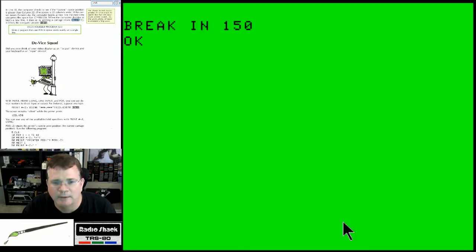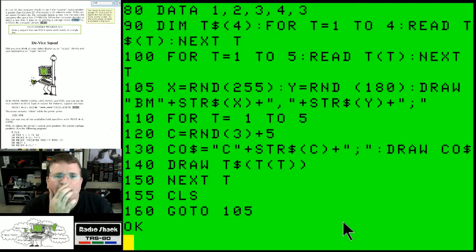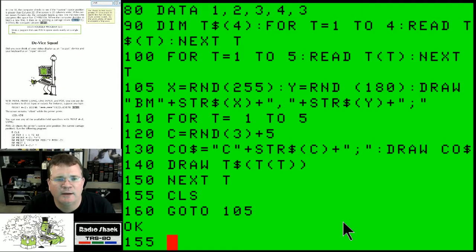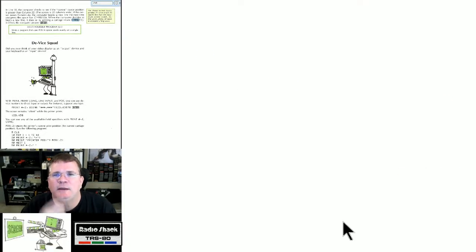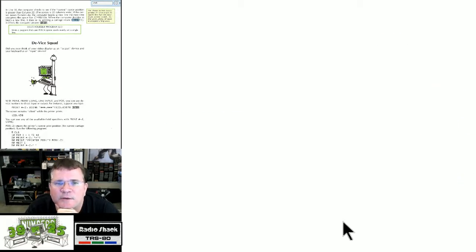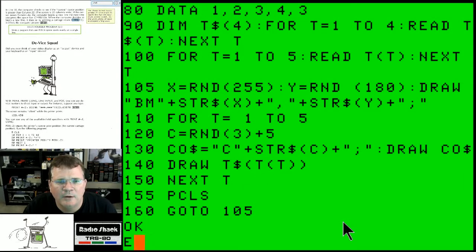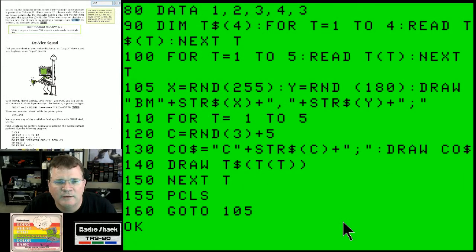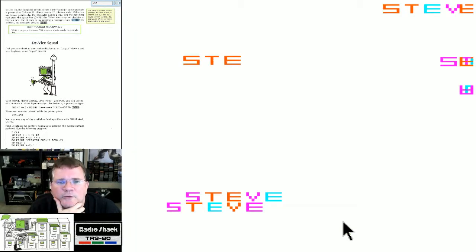Why is that not working? So 155 next T, one CLS. I'm wondering why it's, oh, because CLS is clearing the text screen. Let's say PCLS, right? So now when I draw my name, I'm drawing my name randomly. That's an option, right? I could do without that and just have it continue to flood my name all over the place. So if I just get rid of 155 and I run it again, now my name is just